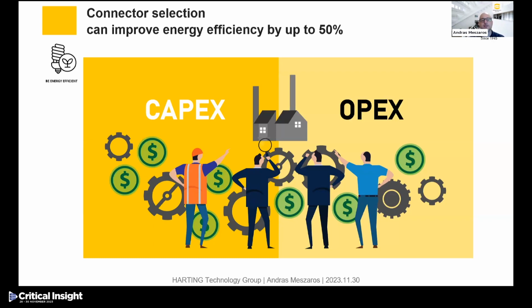One of the categories is the CAPEX, so the capital expenditures, and the other one is the OPEX. CAPEX is about, as it's in the name, capital. So it's about longer term investments. It's about, for example, bringing up the whole infrastructure for a data center. And just a short explanation of the OPEX: it's actually about the operational expenses, where, for example, buying power